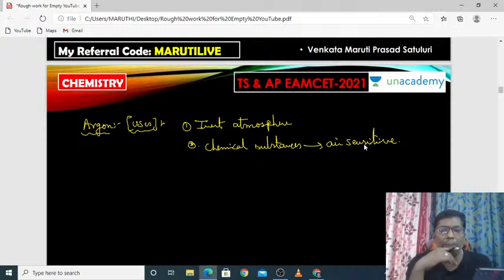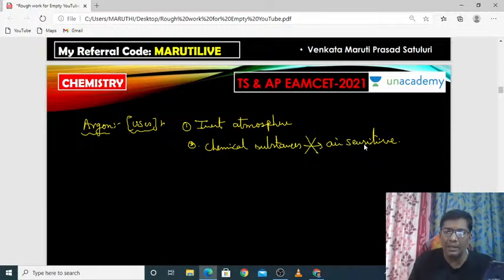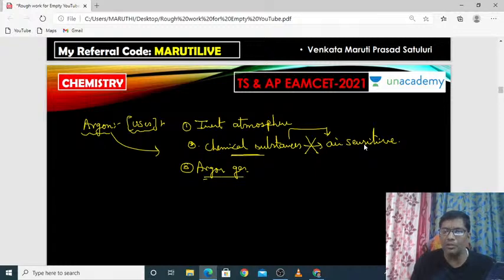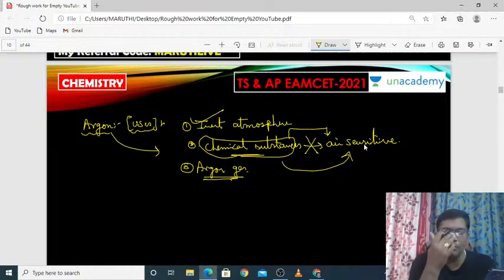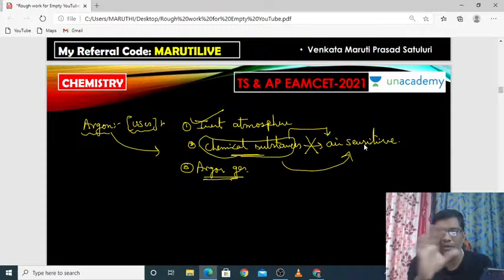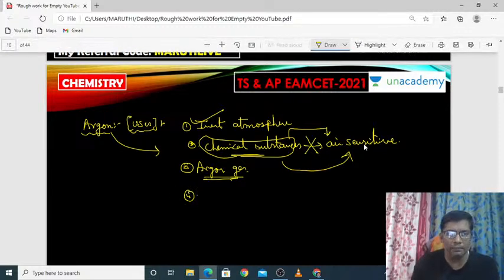So if they react immediately like that, there is a problem to us with that particular chemical. So you have to stop the chemical reactivity of the chemical substance with air immediately. To stop it you have to use this argon gas. That means you have to create an inert atmosphere to avoid the direct reaction of the chemical substance with the air. You have to stop it first by filling the entire atmosphere with argon. So for air sensitive chemical substances you have to create an inert atmosphere only with the help of argon.